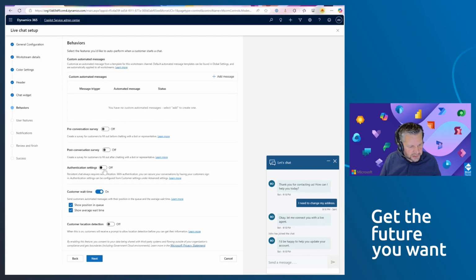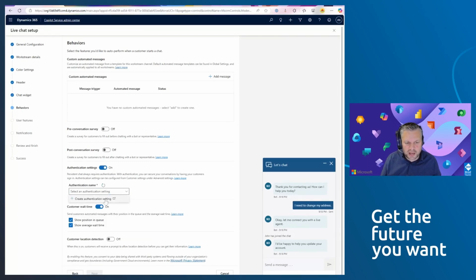Now we have authentication, really important. If you want your customers to be able to sign in, I can say, hey, I want to create a new authentication setting. This is going to be an advanced video as well. This is very cool because if you're behind a portal or a login, you can set up SSO, you can use OAuth endpoints, or Entra ID endpoints to authenticate the users, and then you know exactly who they are